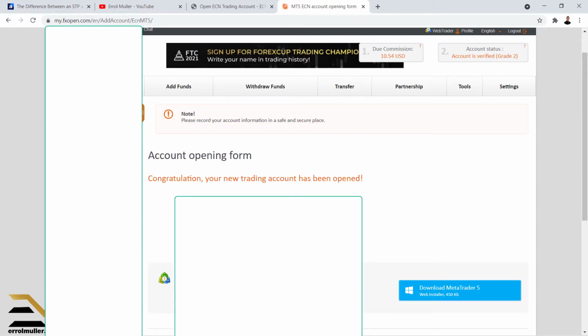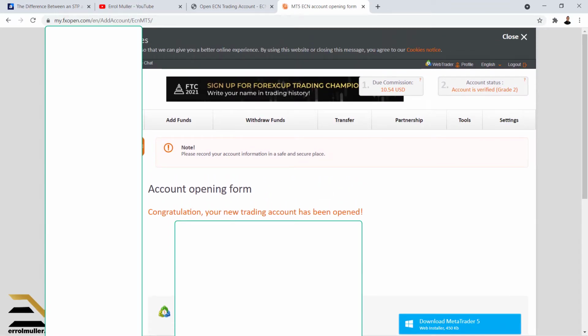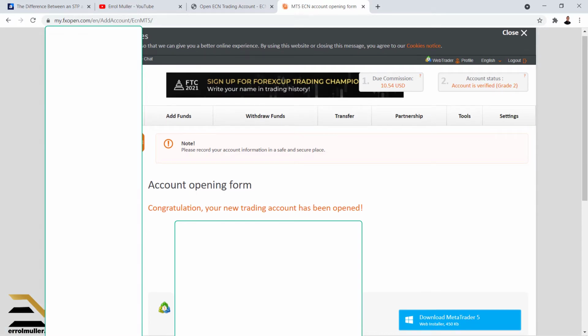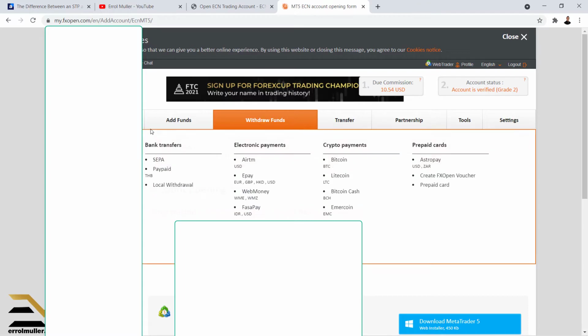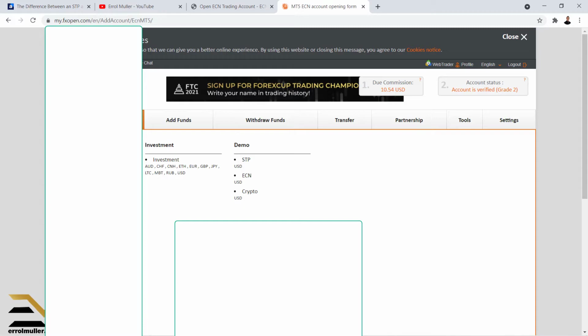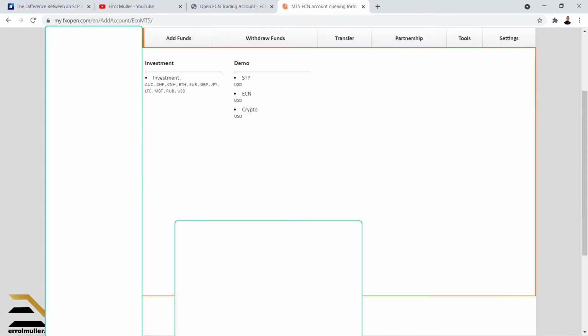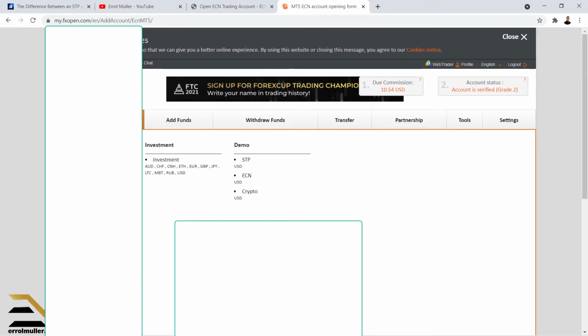Okay, so in my case, we literally just open up a new account. As you can see, ECN MetaTrader 5, that is the account, and then it brings up all these login details, of which I'm not going to use this account to log in. I'm also blacking out the section, but as you can see, it says congratulations, your new trading account has been opened. Now I want to see something quickly, because what I do want to provide you guys with is the actual platform. I want to show you where you can access the physical